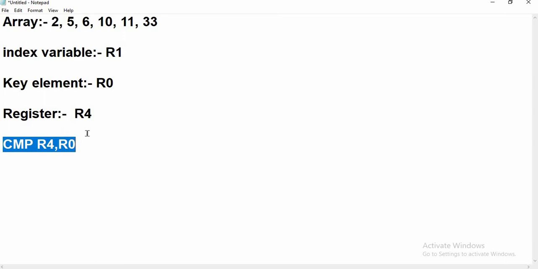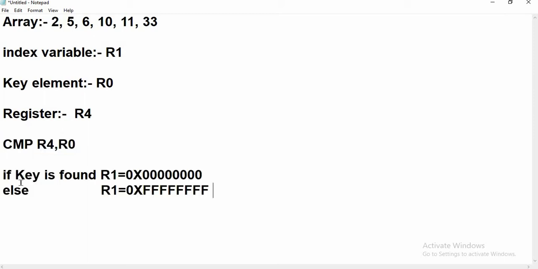If the comparison becomes correct, meaning R4 is equal to R0, that means we have found the key element in the array. So if the key element is found, we will store 0 in R1, else we will store FFFFFFFF in R1. So this was the logic behind this.